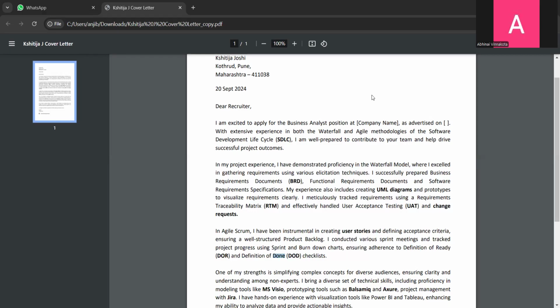Okay, what is normally a BA's role in Agile Scrum? I mean, the activities that a BA will perform.